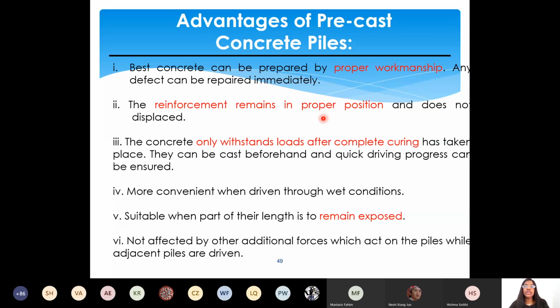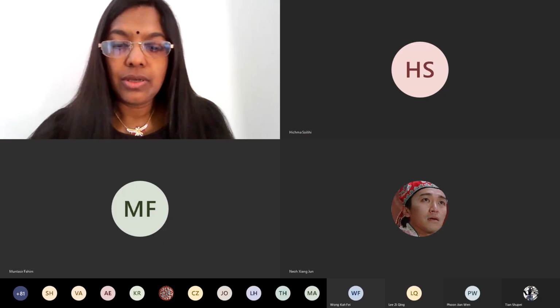you can have reinforcements already in place. You don't have to worry about the reinforcement getting displaced while driving, or concrete not filling properly and completely, right? All these things will be avoided. And then it withstands loads after complete curing. So all other properties of the concrete are good enough for constructing or going for a sort of